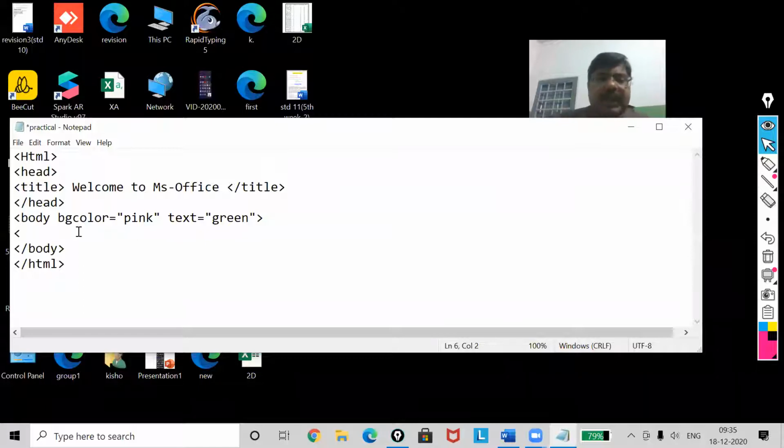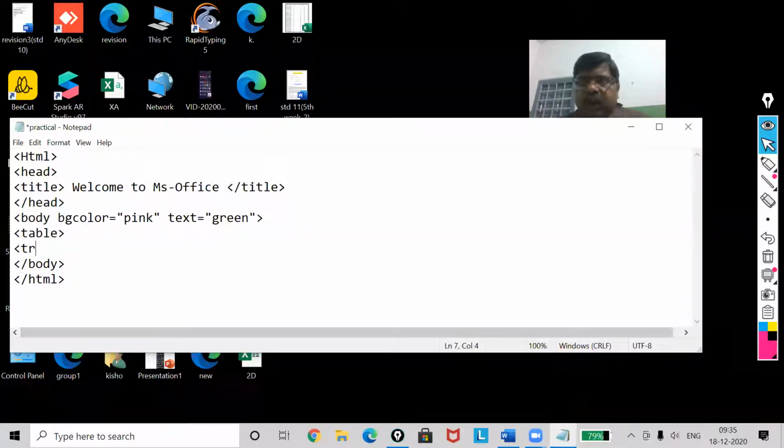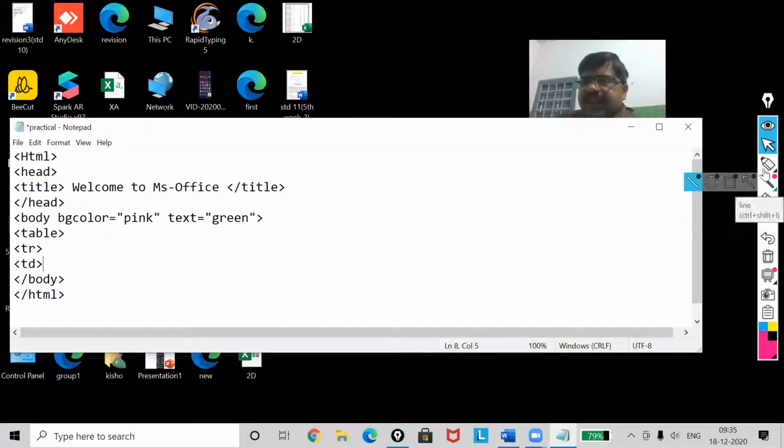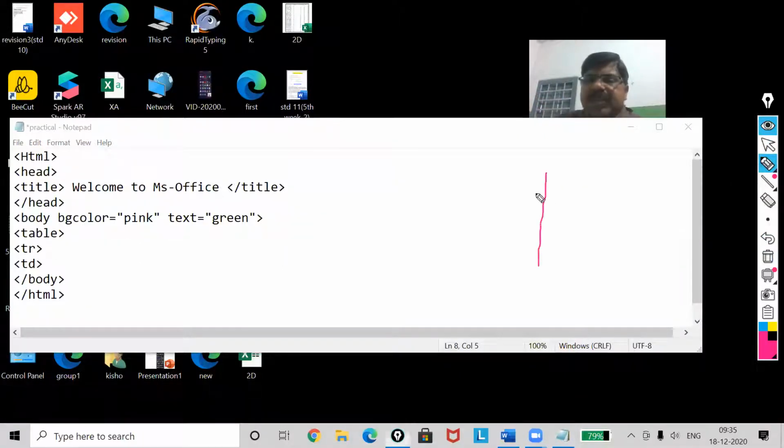Now, you know, a table contains rows and columns. So first of all, you will use the table tag. Now, you all know the TR tag is used to create a row and the TD tag is used to create a column. Okay. Now see, this is my output.